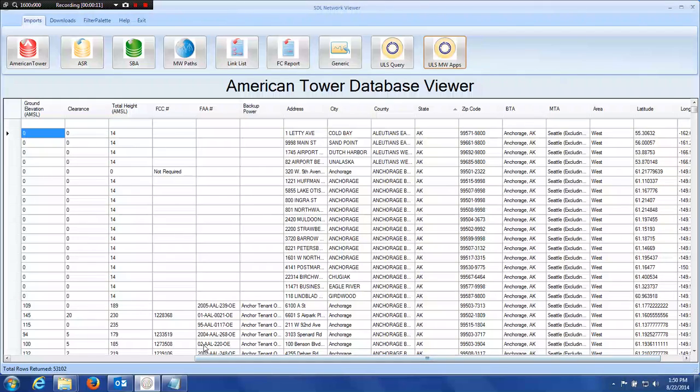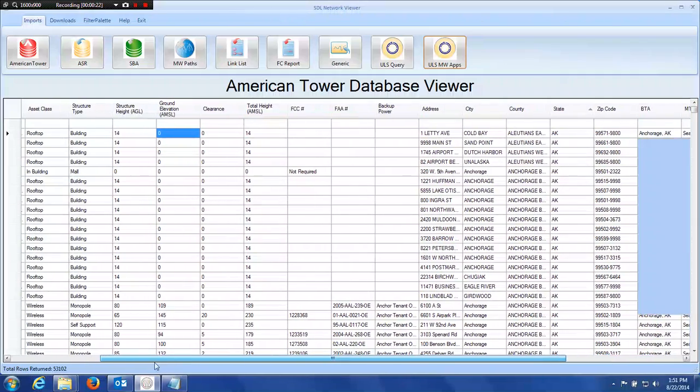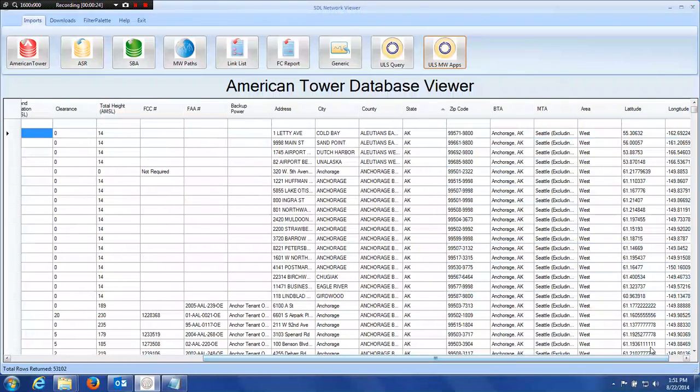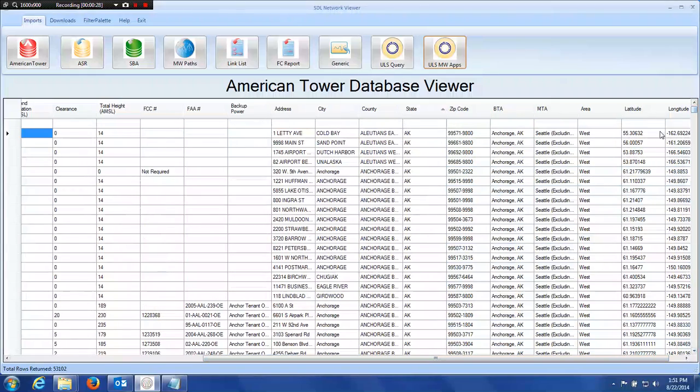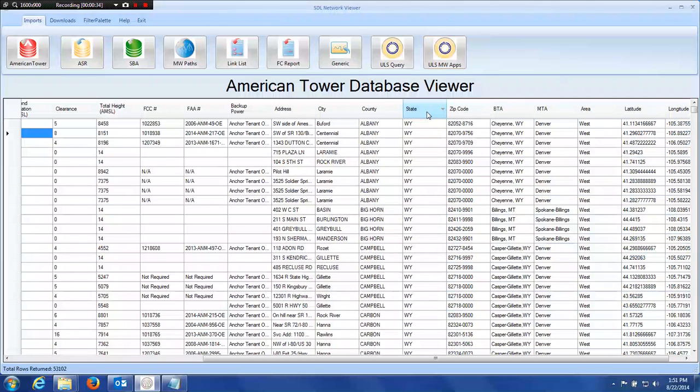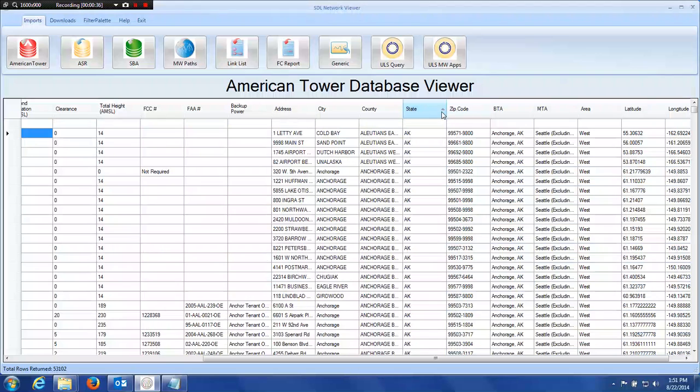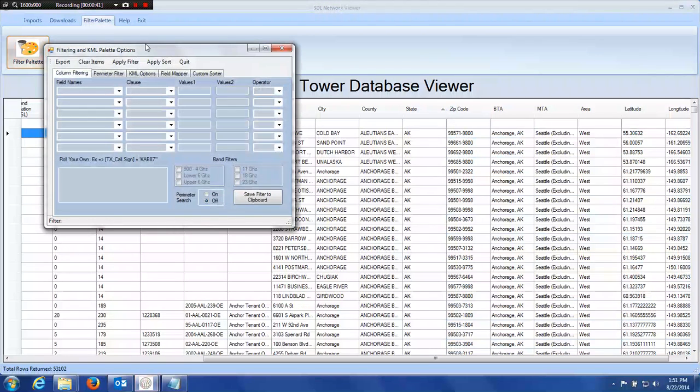I've already imported the American Tower database to the database viewer, and you can see the total rows returned is over 53,000. Remember, we have the capability to scroll to the left and to the right through the columns, as well as scrolling up and down through the rows. And we also can sort any of the columns by clicking in the area, and you can sort in descending or ascending order. So let's bring in the filter palette,